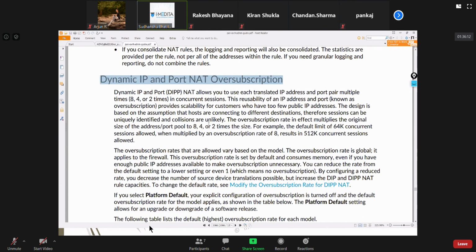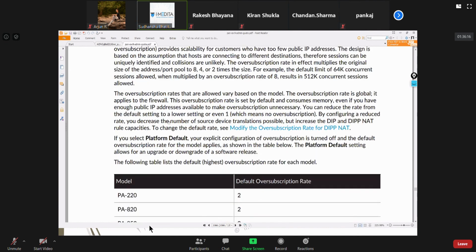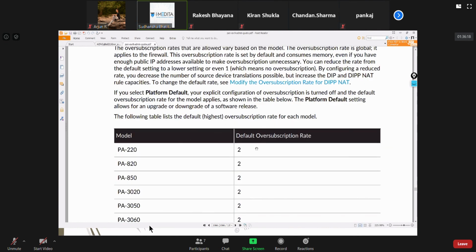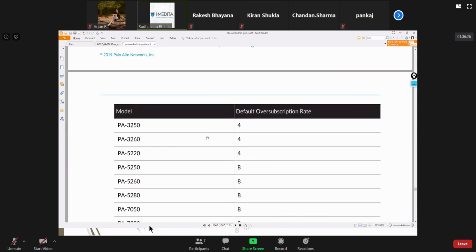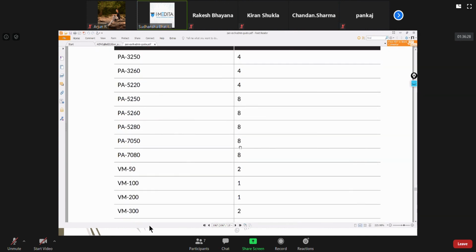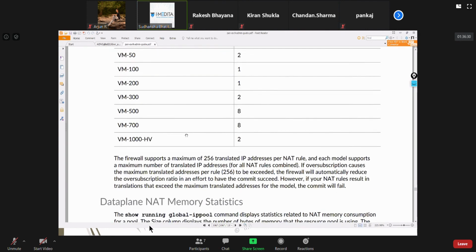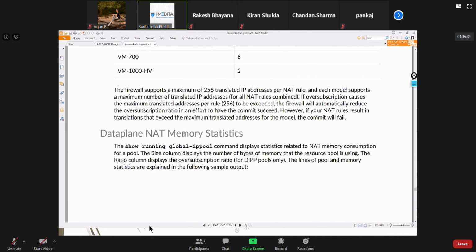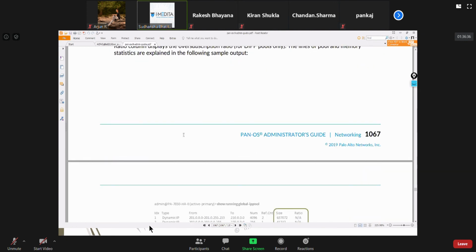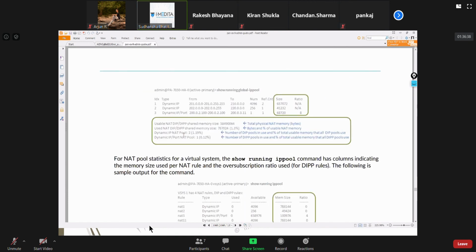Like they have given you the examples and everything. And see, the default oversubscription rate for a PA 220 or 820 is 2. But for a lot of them, it's 4, 8. So don't take it for granted that it's 1x.